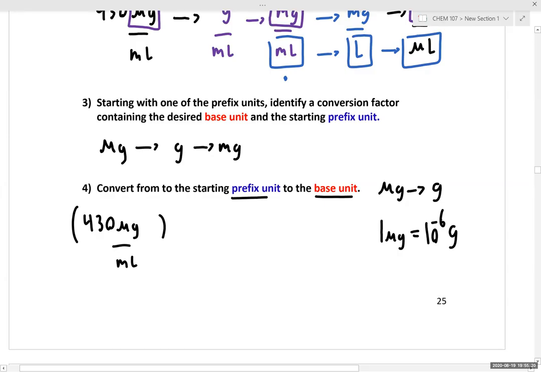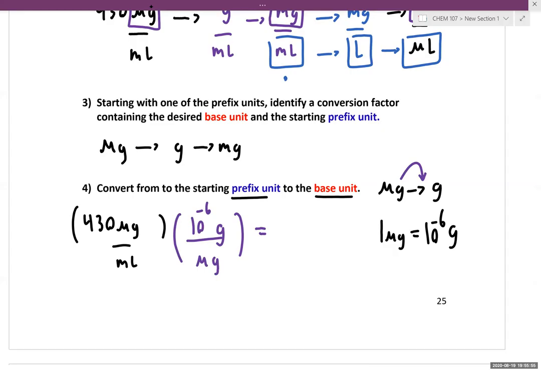So to go from micrograms per mil to gram per milliliter, we need to multiply by our conversion factor. Since we're going from micrograms to grams, what unit goes on top? Grams, exactly. So we have 10 to the negative 6 gram per microgram, and that in turn gives us